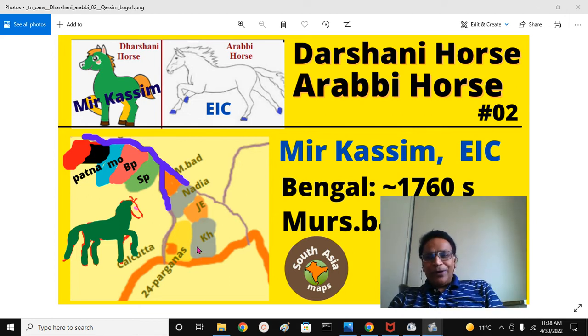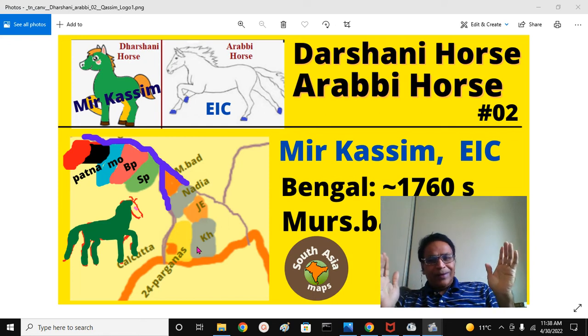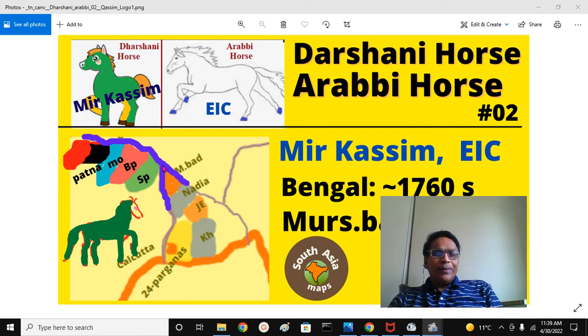This map I have put for you to give the political military context in the later half of the 18th century, that is 1750 to 1800. We have the Ganga river here, and the Brahmaputra, Jamuna river here. The joining of these two at Goyalundo, the distributary of Ganga called the Bhagirathi river or Hooghly river. On the Bhagirathi river, a lot of European imperialists had their military trading post headquarters.